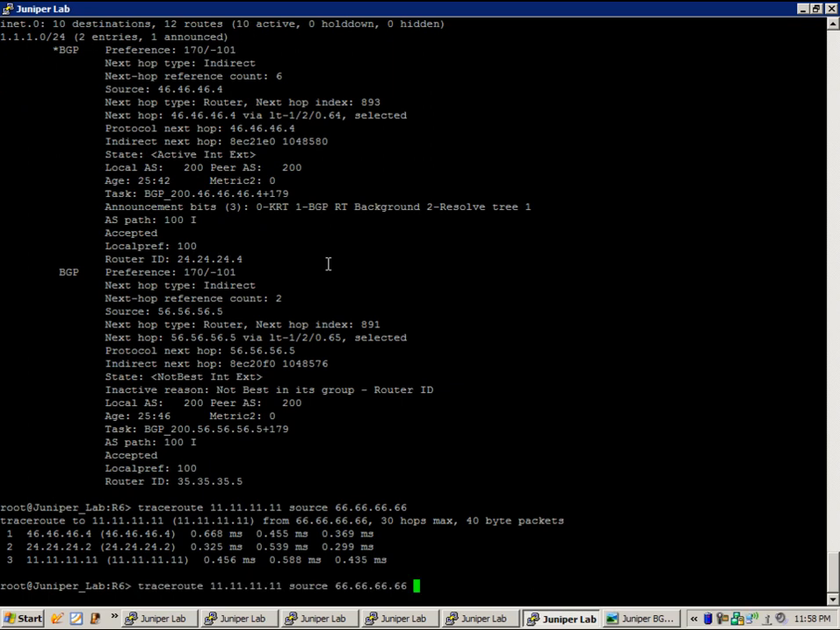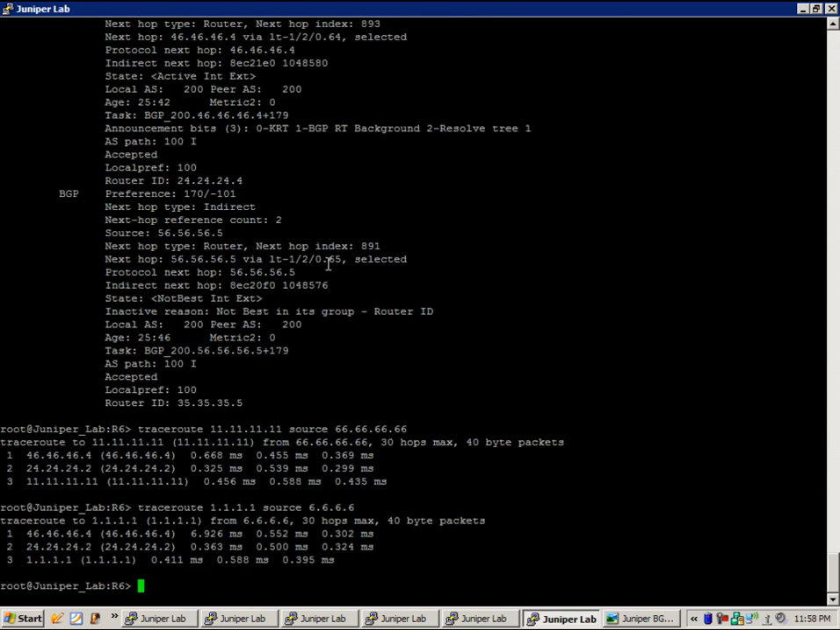That traffic going from router 4, router 2 to router 1, we trace from the 1 network, source it from the 6 network. We can see that it's taking the same path. If we look at our trace option file, we'll do a show log